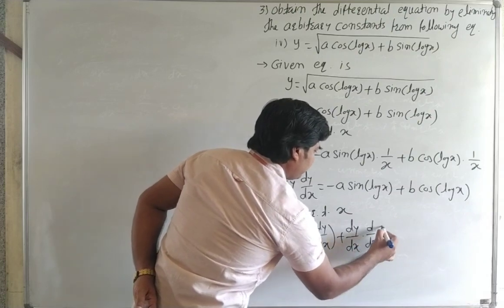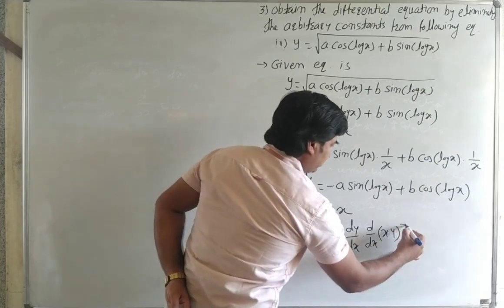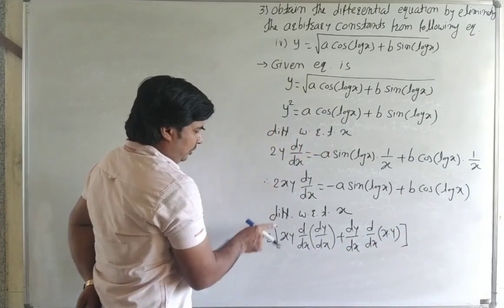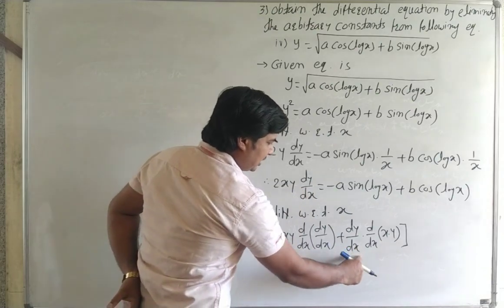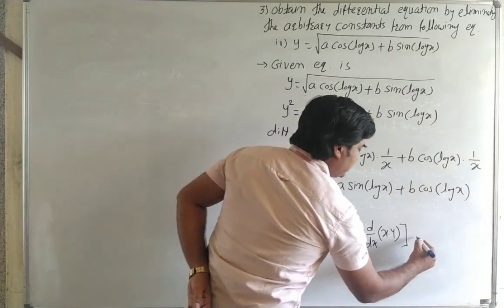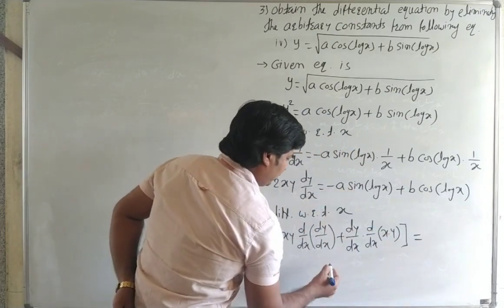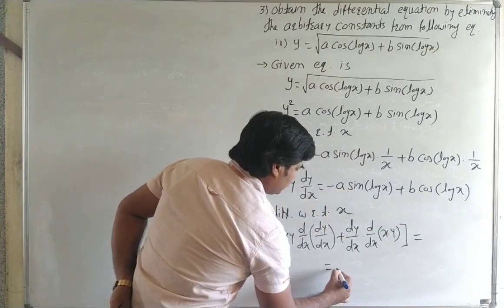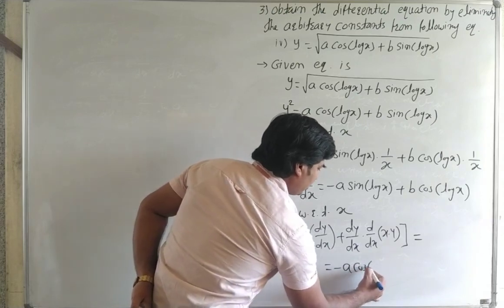It is the derivative of x into y. See carefully this: 2 is u and this is v. First as it is, derivative of second, then second as it is, derivative of first, and it is equal to the derivative of this function. The derivative of sine of log x is minus a cos of log x